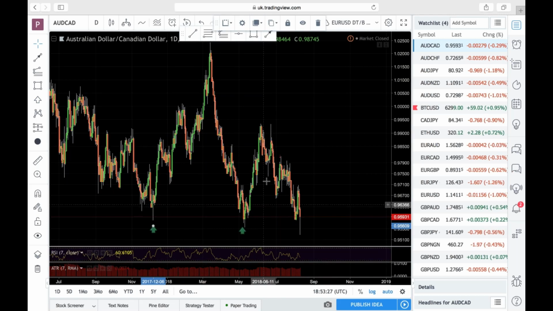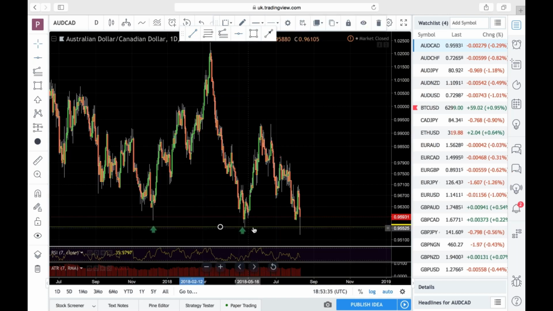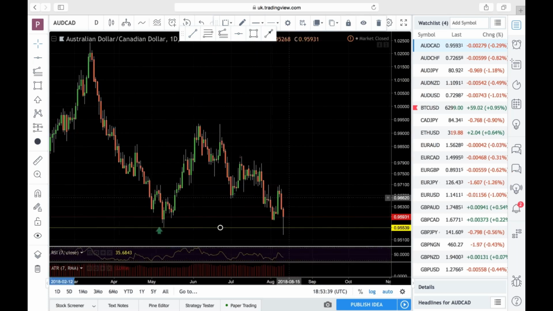So what I'm waiting for at this level is for the market to break and close below this level. So we've come down to retest on the daily. Clearly we've been rejected. So all I'm waiting for is the market to come down, break below,